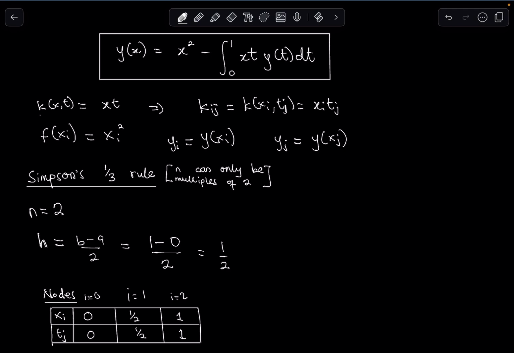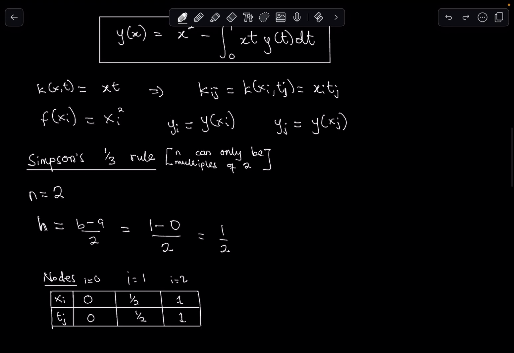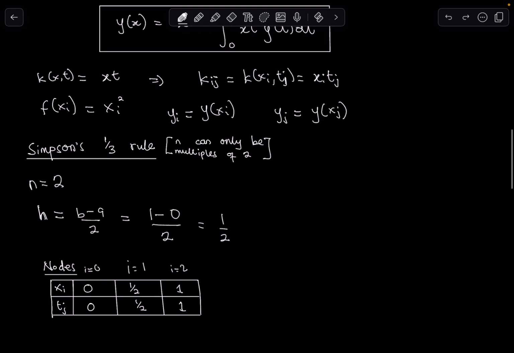You're going to need to know what your kernel is, all right? So you need to write your Kij, which is going to be K of xi, tj. And then your f of x, which is x squared. In the case of xi's, your f of xi is going to be xi squared. Your yi's are going to be y of xi, and your yj's are going to be y of xj. Okay. Now, there's a reason why we're using i's and j's, right? You're going to see that as I'm solving this example,